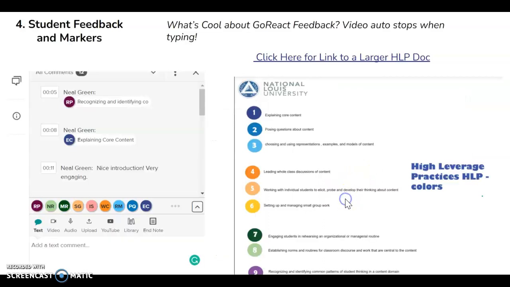All right, and now student feedback and markers. I'm actually going to take you to a live GoReact course after we're done here to show you what this looks like. But obviously, if you've used GoReact before, the power is in being able to... I think the fascinating thing for me, the coolest part of GoReact, is that the video you're watching automatically stops when you start typing your comments. So if I'm writing "nice introduction, very engaging," the video pauses, timestamps it, and then picks up right where it